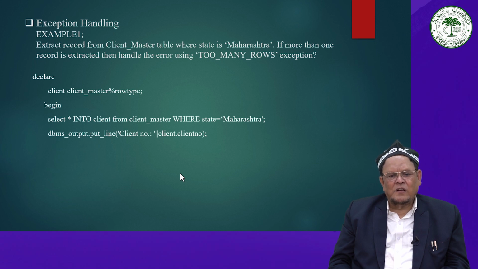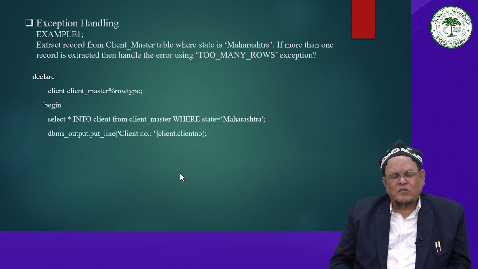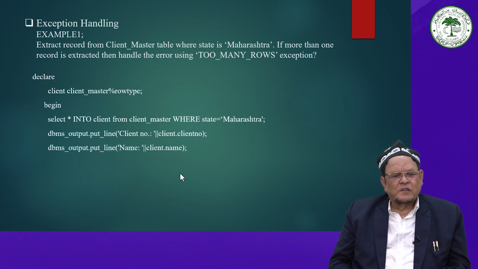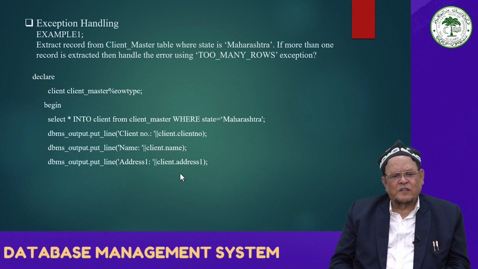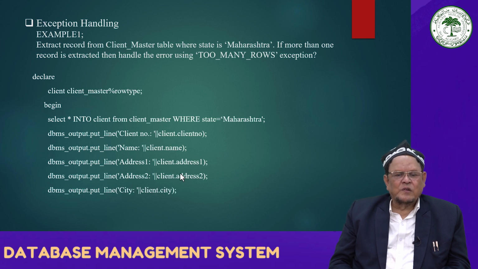Within code you have to write concatenate client.client_number. Then DBMS_OUTPUT.PUT_LINE name and client name. Then for the address, DBMS_OUTPUT.PUT_LINE client.address1, then DBMS_OUTPUT.PUT_LINE address 2 concatenate client.address2. They are the attributes you can add, because I want select asterisk, all the records from the table